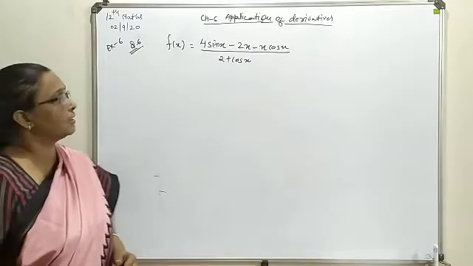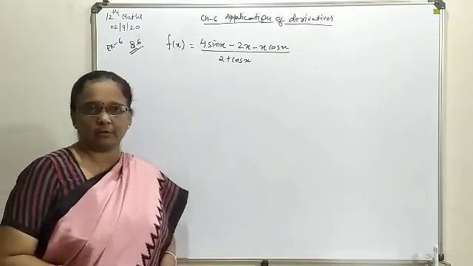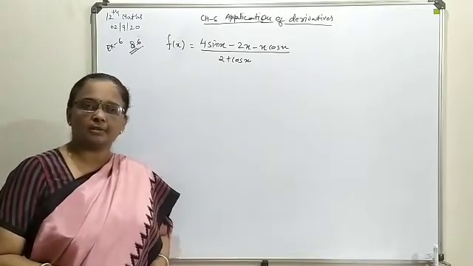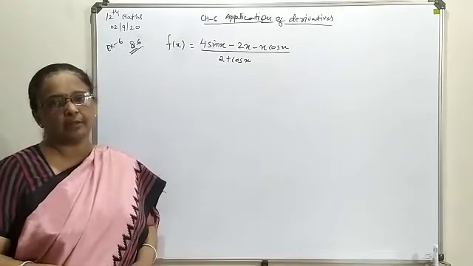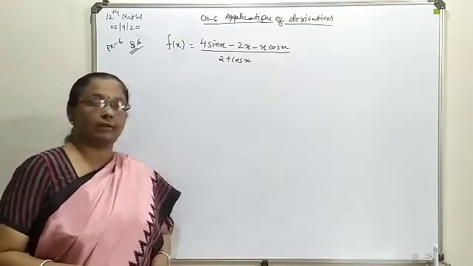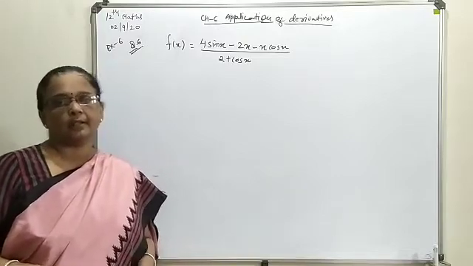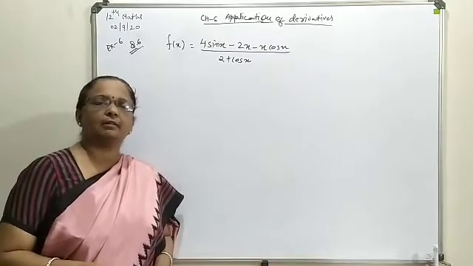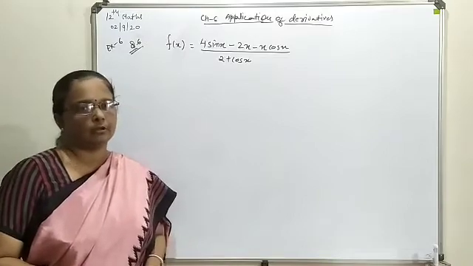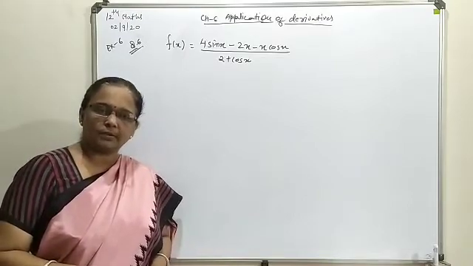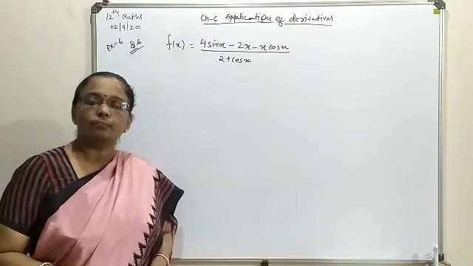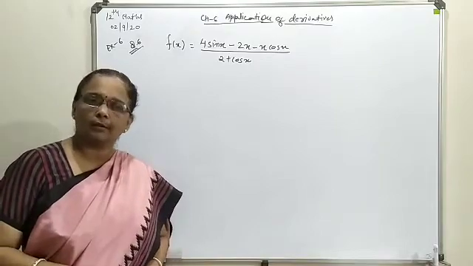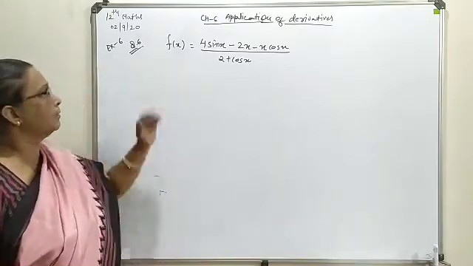Here the function is given with a trigonometrical combination along with an algebraic one, and you have to find the interval for which the function is strictly increasing and strictly decreasing. The method of finding will remain the same. For strictly increasing and decreasing, first of all we find the first derivative, and on the basis of the first derivative you find the interval for which the function is strictly increasing or strictly decreasing. Here we are not talking about maxima minima evaluation, so there is no need to evaluate the second derivative.